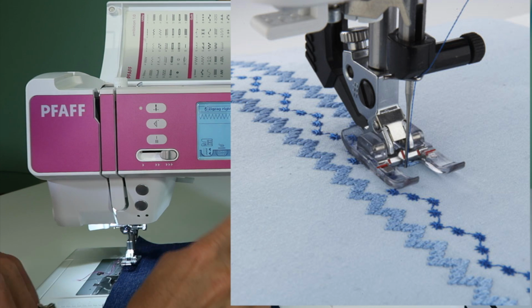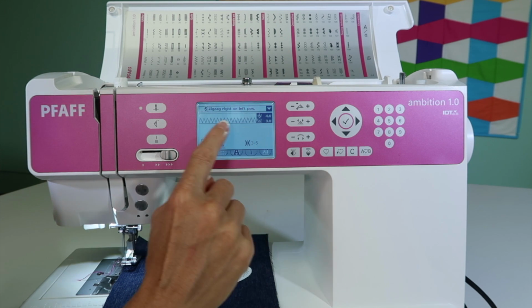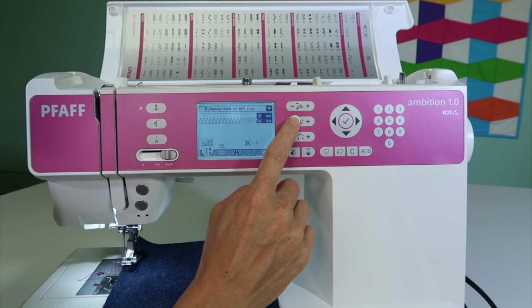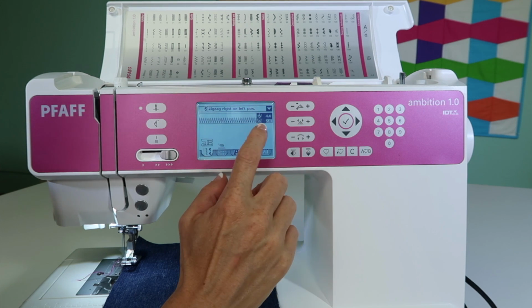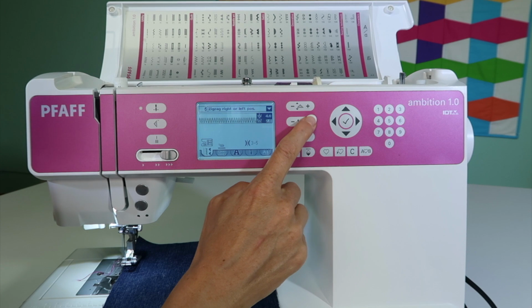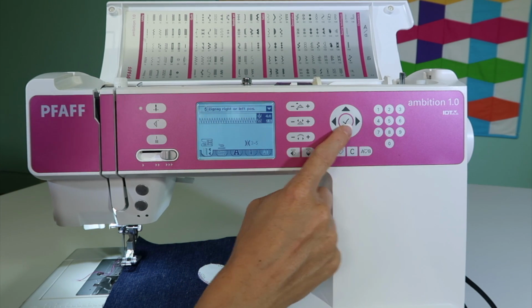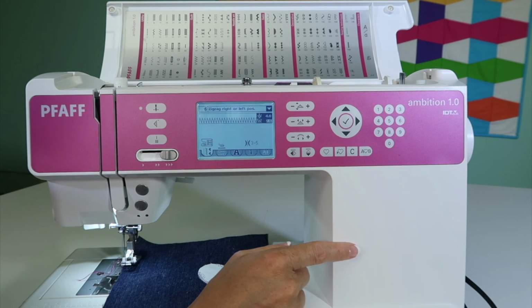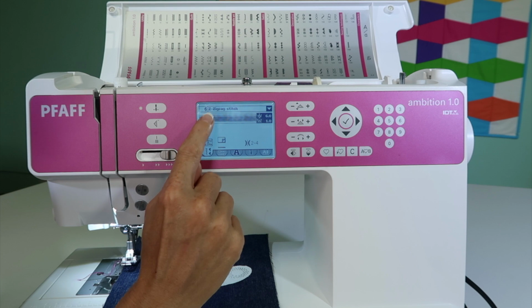Trust me. But if you want it to be on the right or left, that's where mirror image is adjusted. And you can adjust the length to be much closer, though not all the way down to a satin stitch because it stops at 2, but you can work with the zigzag in the left or right needle position. So my favorite is actually stitch number 6, where that is pre-programmed with the close together